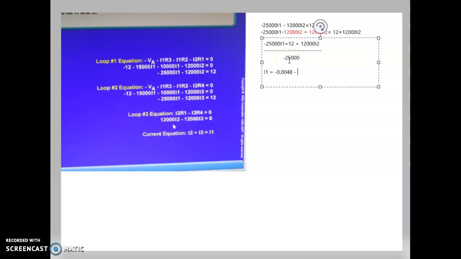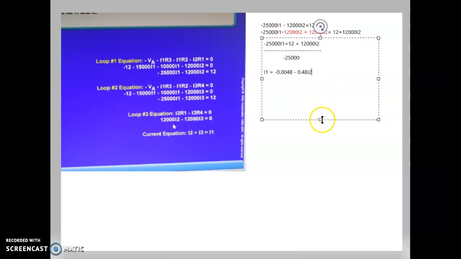So we divide 12,000, which is the multiplier in front of I2, by minus 25,000. And that gives us 0.48 I2. So there we go. We've got I1 expressed in terms of I2. We can't simplify this anymore because we don't know what I2's value is,